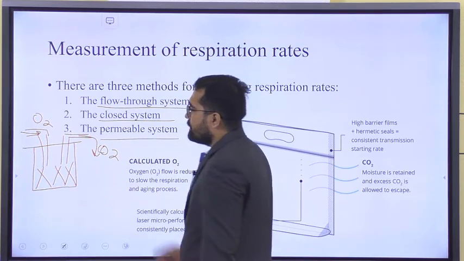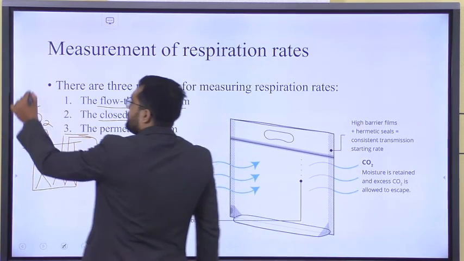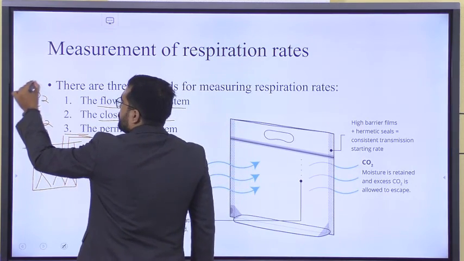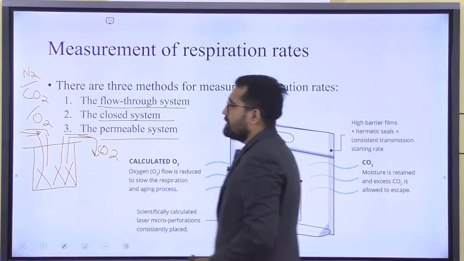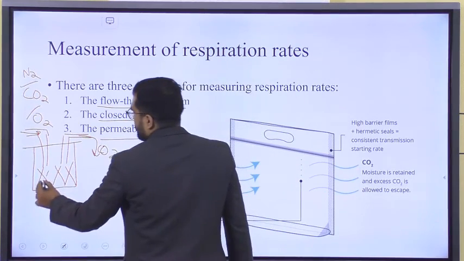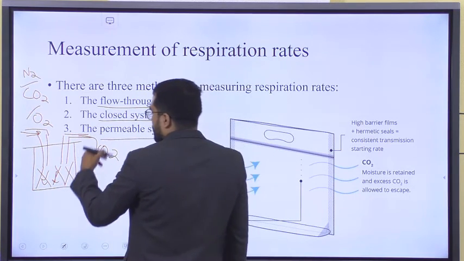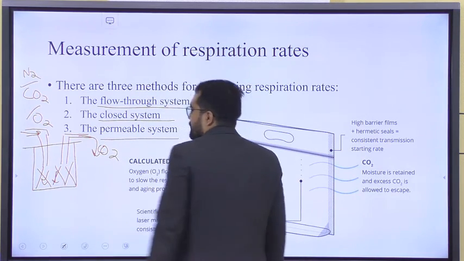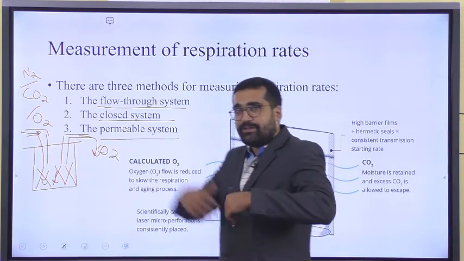So this is what we are doing. We are supplying either oxygen or any gas, it can be CO2 also, it can be nitrogen also. Not limited to oxygen, but generally oxygen we are going to supply. We will supply inside the packet, and once done we remove the carbon dioxide from the system. So this is what we are doing in a flow through system. We are supplying and we are taking it out.